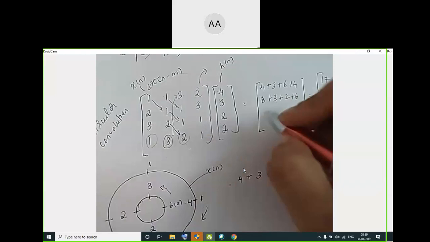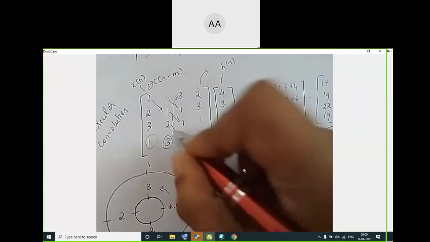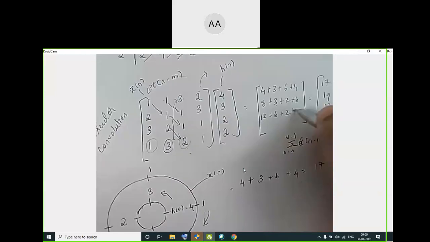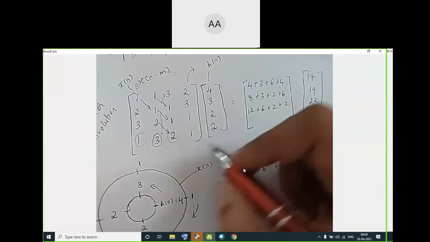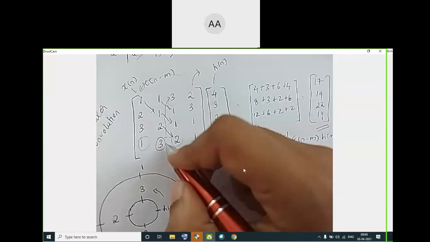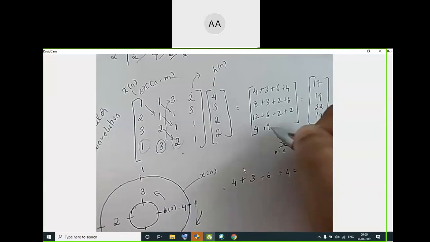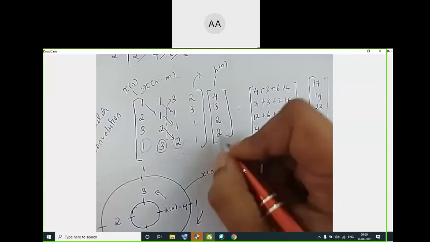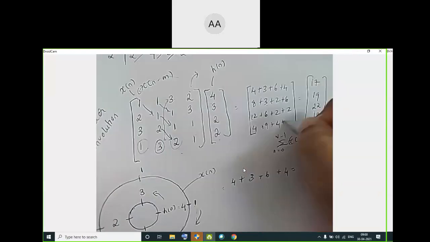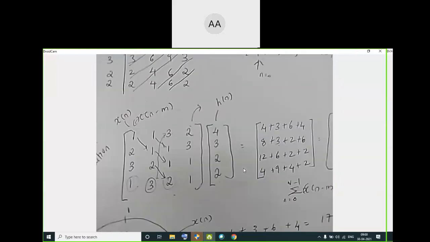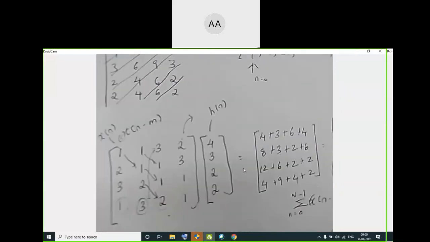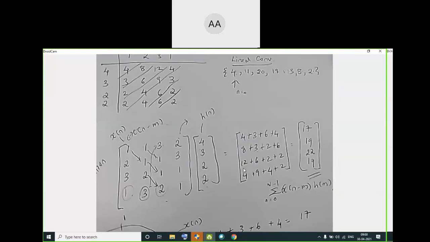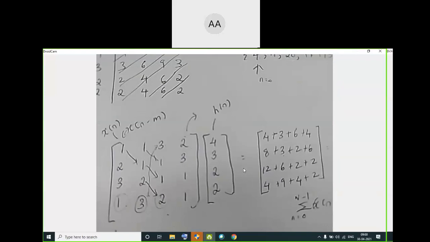3 4s are 12, 2 3s are 6. This is 2, 2. All of you do along with me. Okay. So this is 4, 9. This is a shortcut way that I have shown you. Very simple. You can do it in the matrix itself. You can definitely follow this. In textbooks directly you won't get this method. But rather than drawing the circle, I feel, draw this, just keep on shifting it and write it.